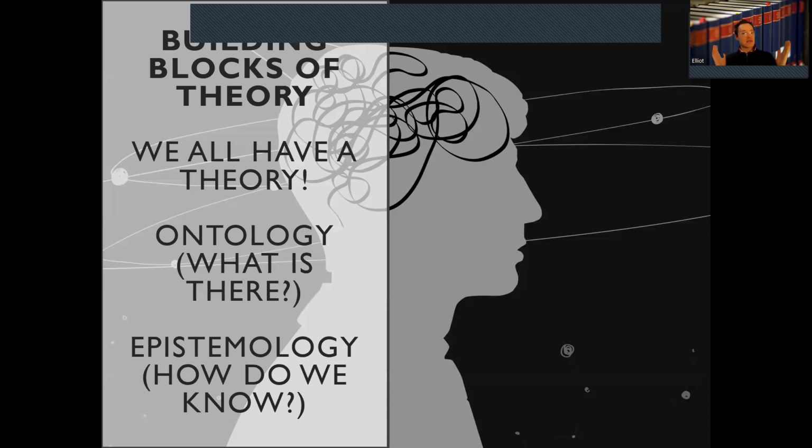So, firstly, what is a theory? Theory is very important for international political economy and most of the academic fields, including international relations and other areas of especially the social sciences. And it's important to note that we all have a theory. When we look at the outside world and interpret what's going on, try to have an understanding of what's happening, or even think about current events, we're all applying a theory. And it's just a matter of varying degrees of knowing exactly what theory we are using to understand the world.